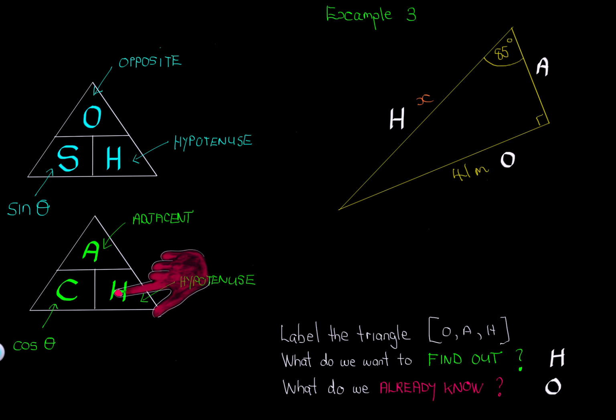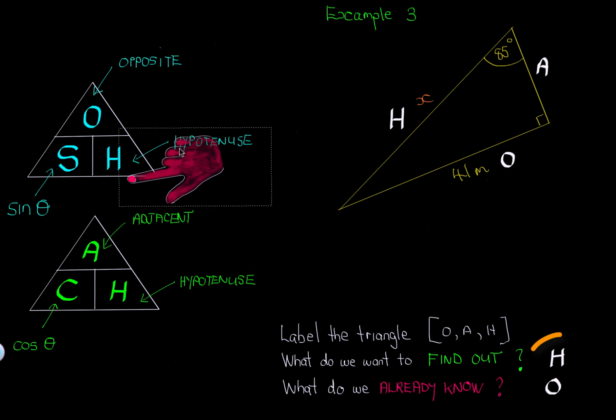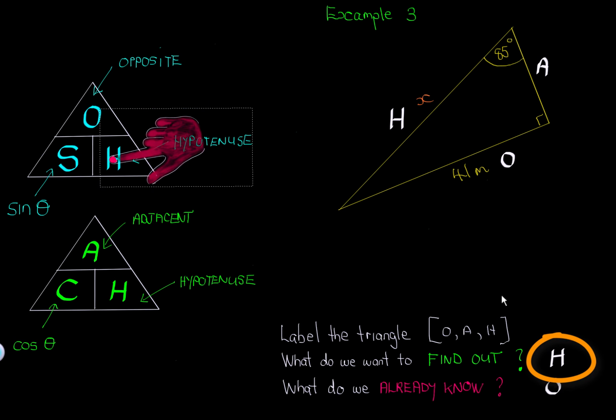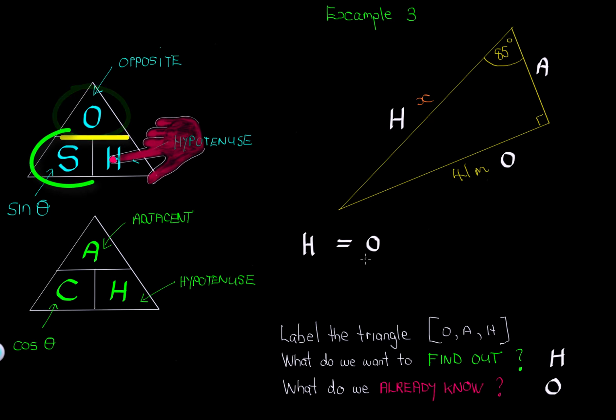So we'll bring our finger back. And remember, we move our finger so it's covering up what we're trying to find. We're trying to find the hypotenuse. So let's put the finger over the hypotenuse. And now we write our equation. So H equals O over S,